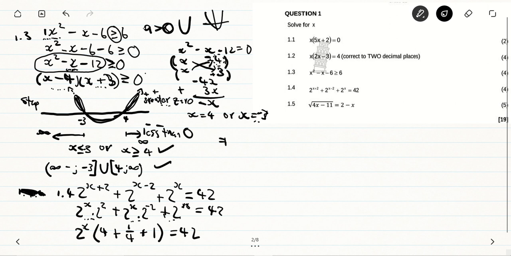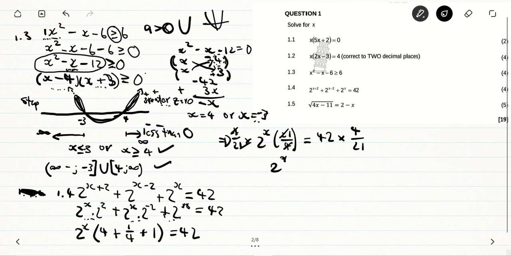Okay. And then now let's come to this side. 4 plus 1 over 4 plus 1 is going to give us 21 over 4. So we have 2 to the power x multiplied by 21 over 4 is equal to 42. So when we multiply on both sides, because we want to get rid of 1 over 4, we can multiply by 4 over 21, which is the reciprocal, on both sides. On this side as well, we're going to be multiplying by 4 over 21. This will cancel,